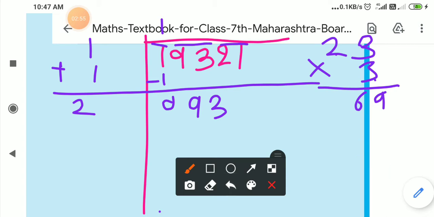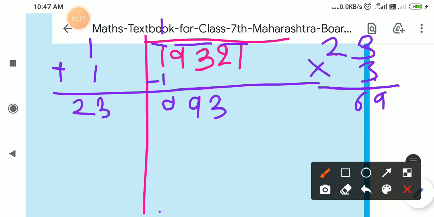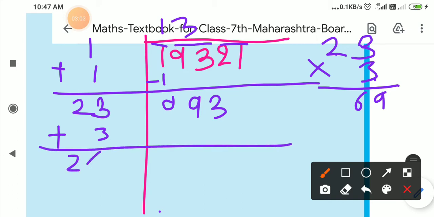So the last number which remains is 3. So I will take 3 here, 3 here, 3 here. 23 plus 3 is 26 that we write here, and these two's multiplication, that is 69, we write at this place. Okay, do the subtraction of this. You will get 13 minus 9 is equal to 4, and 8 minus 6 is equal to 2. So 24. Now the next group we have to carry here.